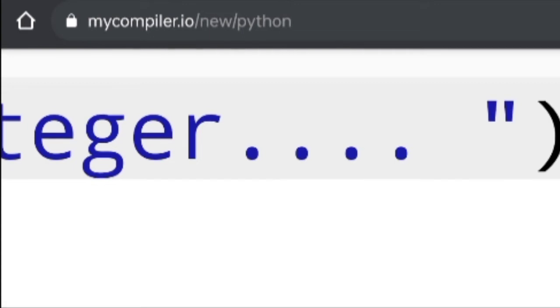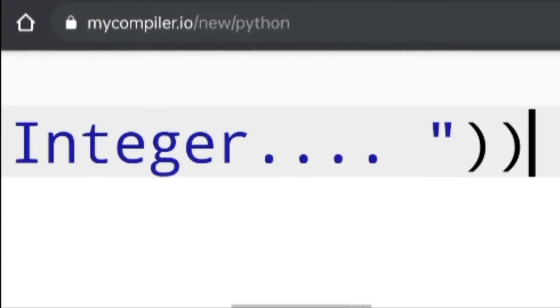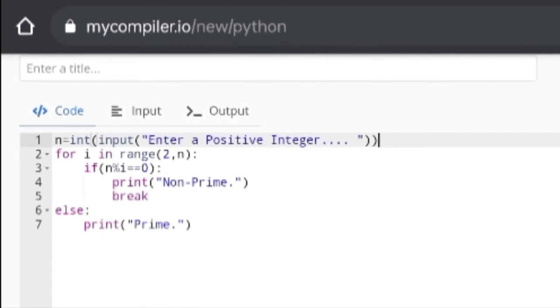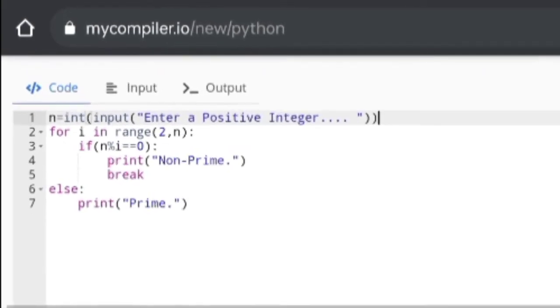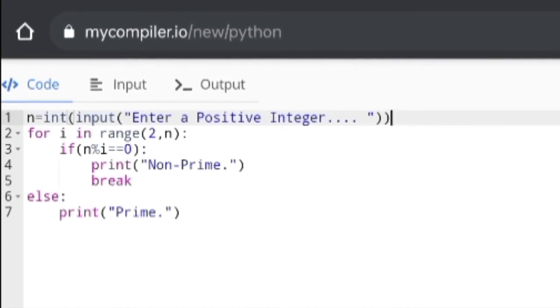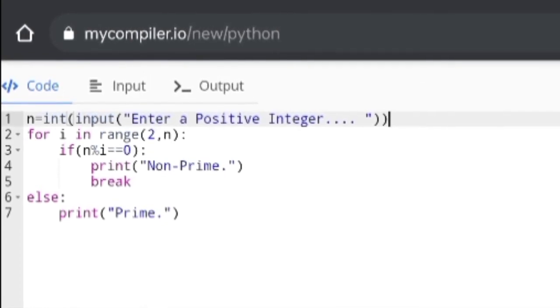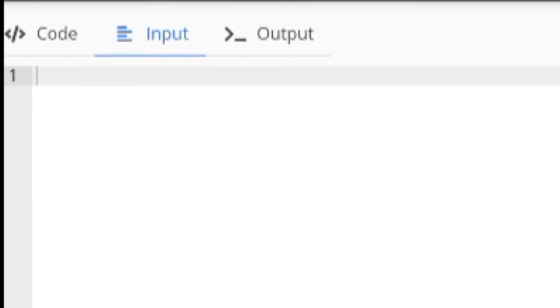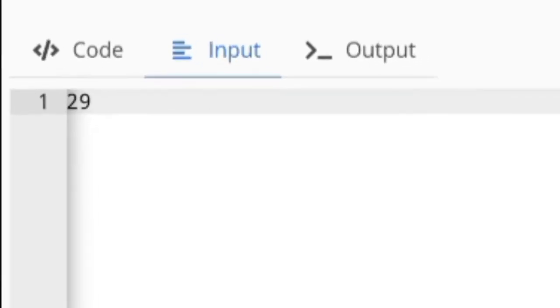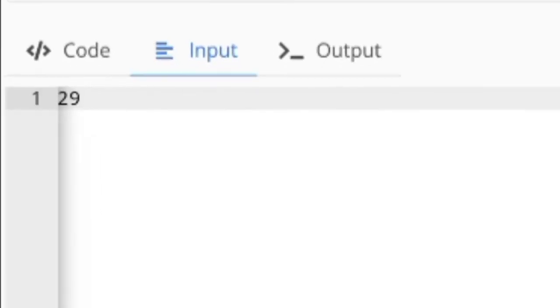So if you want to give Python a number, it will not understand it through this input function. That's why I am putting int, meaning integer, in front of this input function. Now Python will understand that whatever number I am typing is an integer, so it can do this operation.